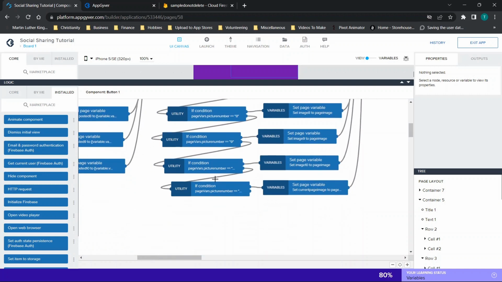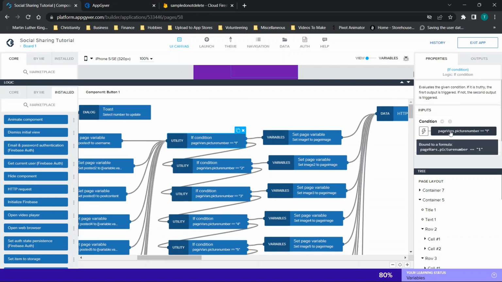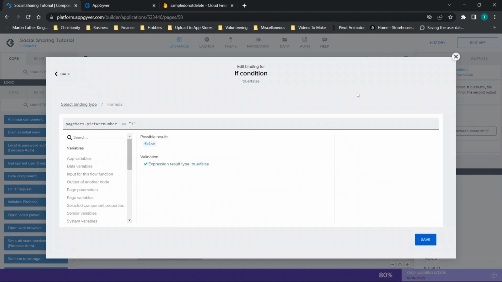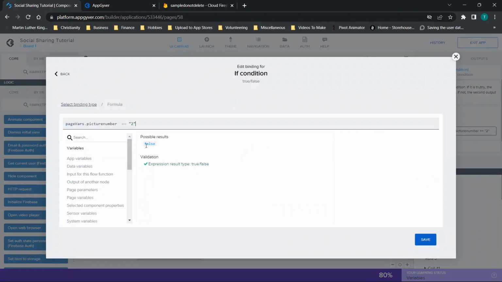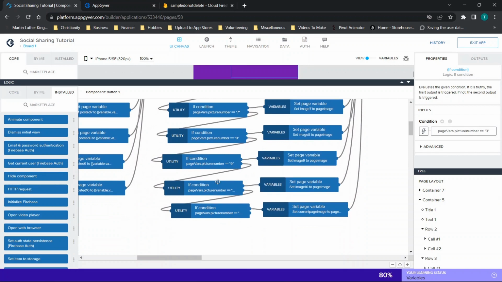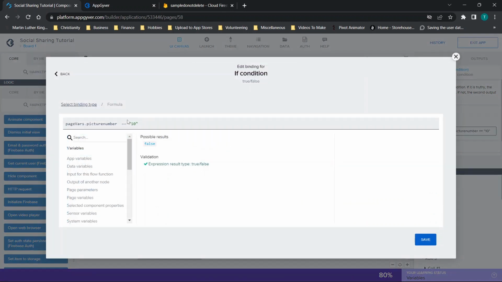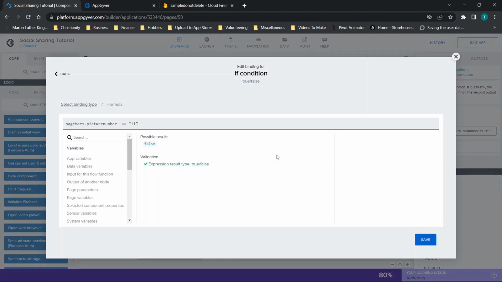Again, all the way down. And then the last one connects to nothing. And then our if condition for the first one, you'll type this out, and you're going to do exactly what we did before. Go to the next one, and just change the number 1 to number 2, number 3, all the way down, and then the 10th one is going to be number 10. The only difference is this very last one is going to be